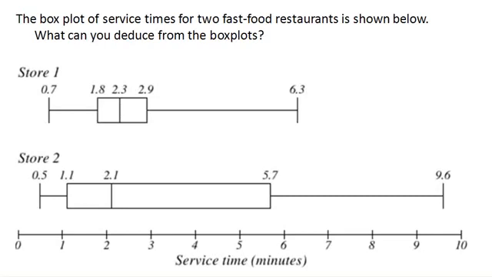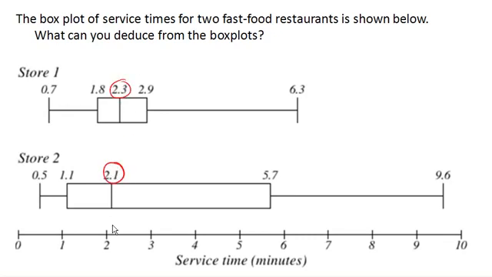So box plots can be particularly helpful when trying to compare two different data sets. So in this case, we have two different fast food restaurants, two different stores, and let's see what we can deduce from these box plots. So first thing we might look at is the median, and remember the score at the middle bar there is